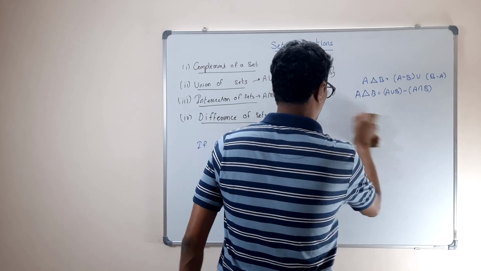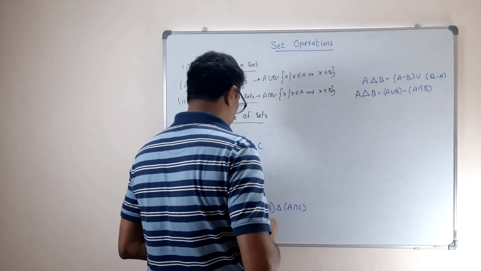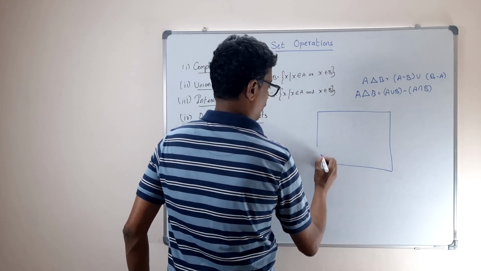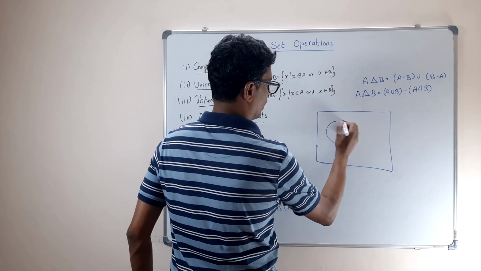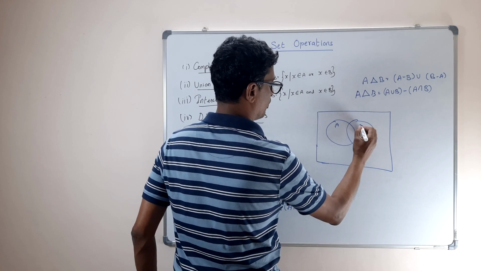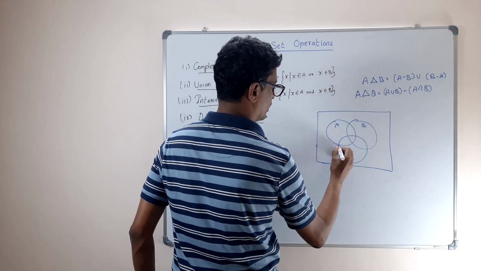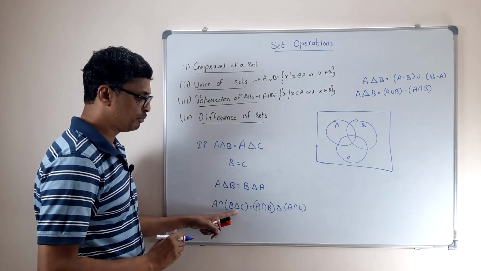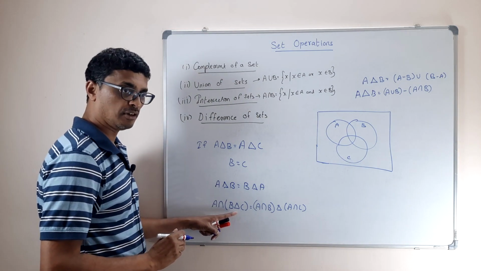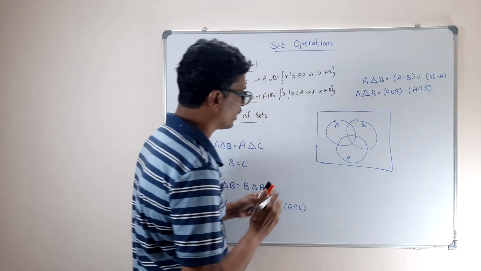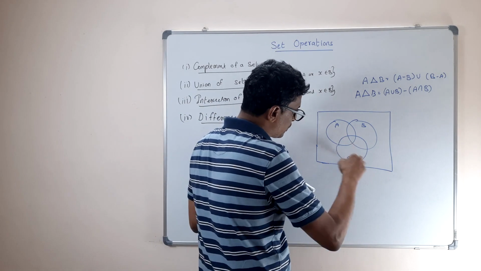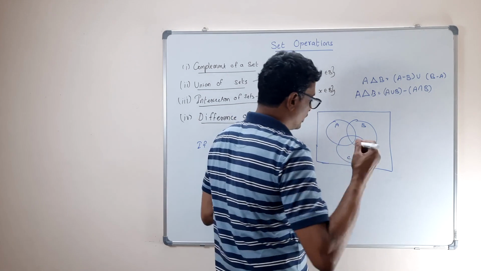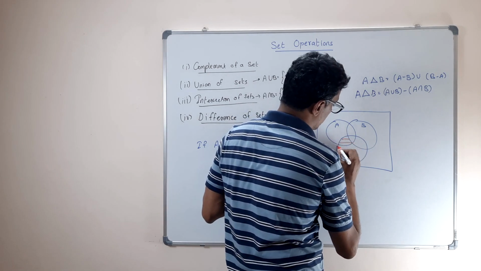I'm going to let us prove with the Venn diagram only. That is easier. Okay. So tell me, we are having now three sets, A, B, and C. So let us do the LHS first. We have to do the symmetric difference of B and C, right? B and C symmetric difference is what? This portion and this portion, omitting the common area. Correct. That is this portion